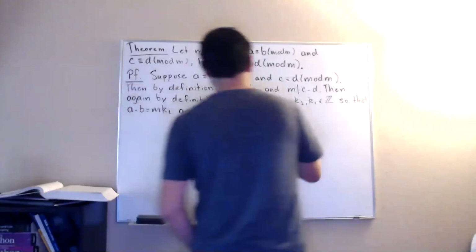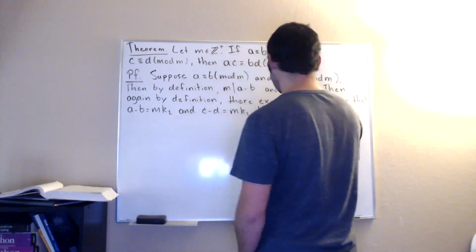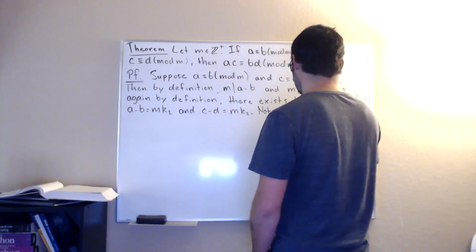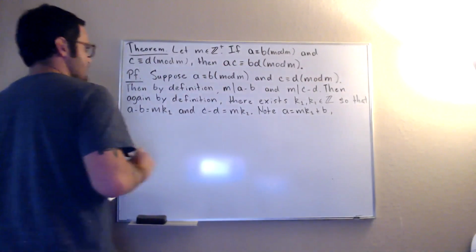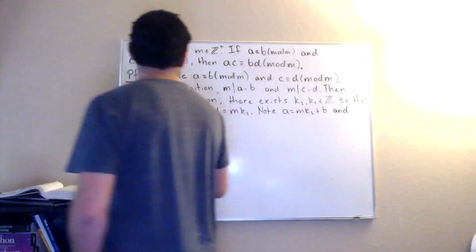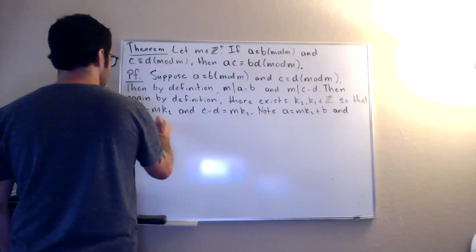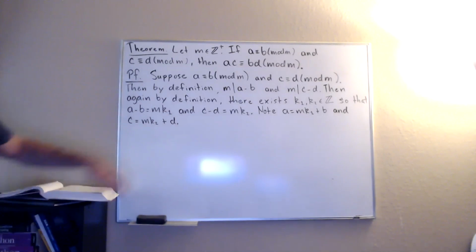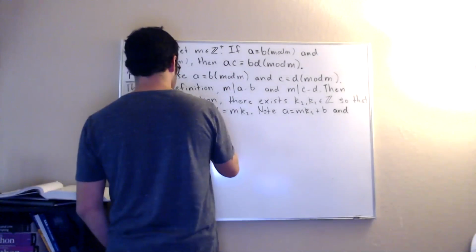So note that A is equal to m times k1 plus B, and C is equal to m times k2 plus D. So I know what A and C look like. Now I'm going to multiply them and just see what happens. So maybe something like, hence,